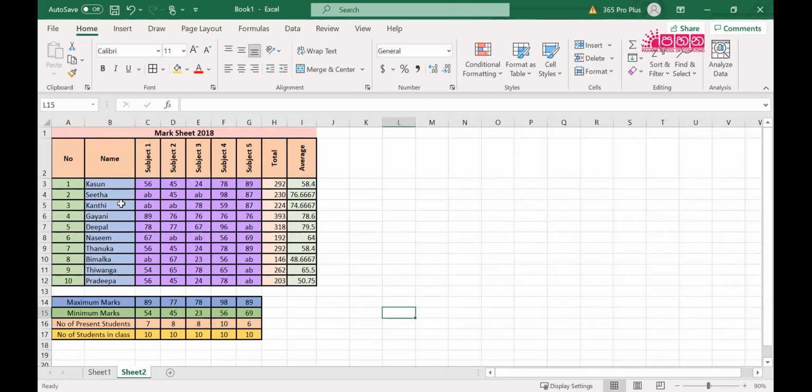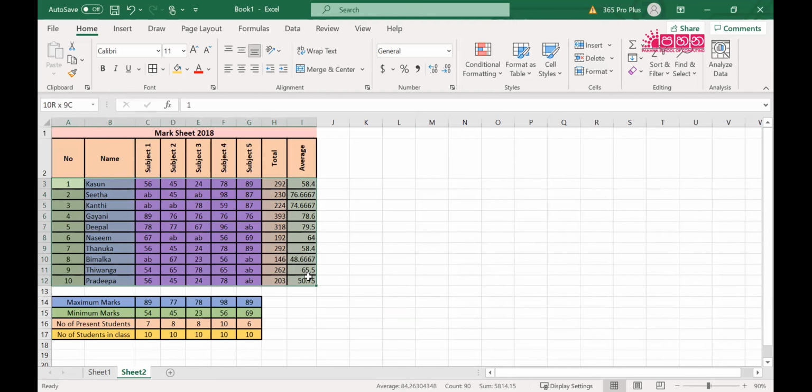Now I'm going to select, first of all, the range of values in this particular case. And then you can select what parts you want to sort. So I'm going to select all these together.